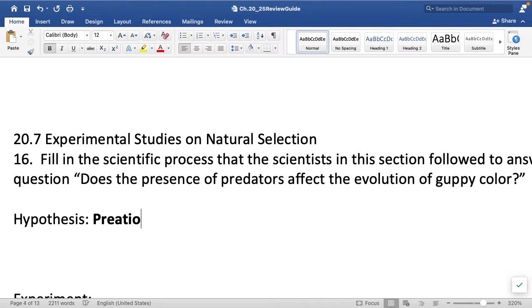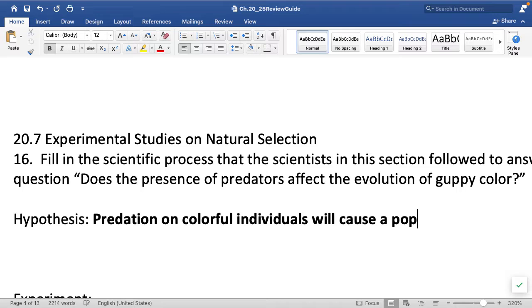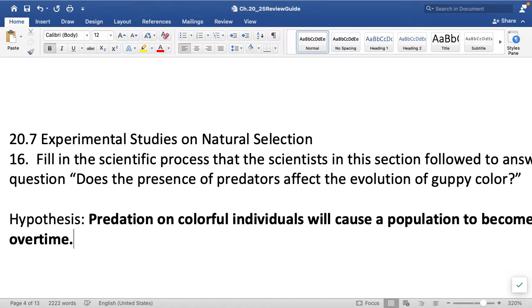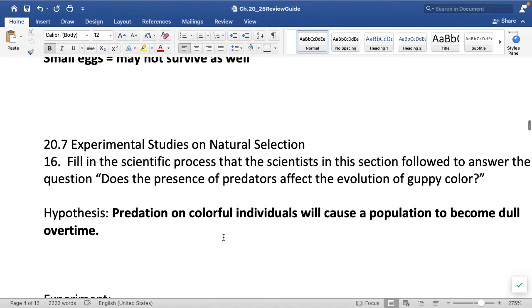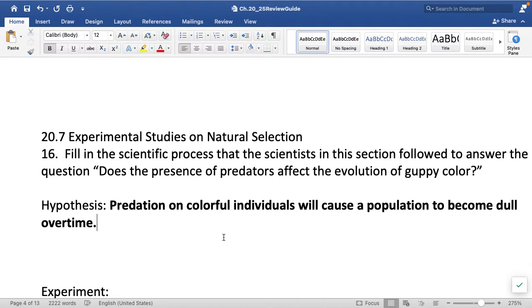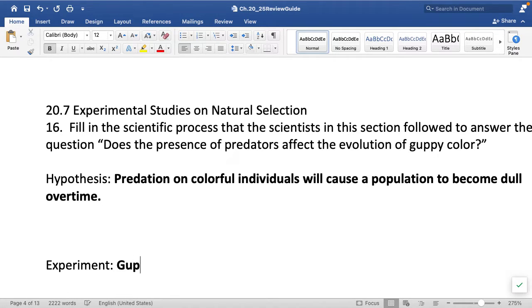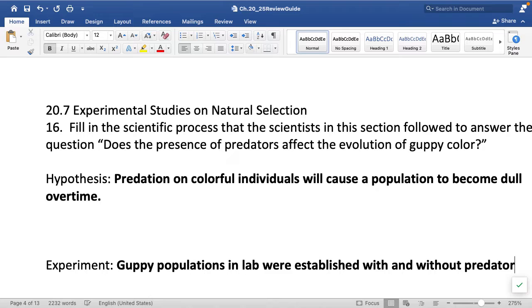So we could say predation on colorful individuals will cause a population to become dull over time. They actually took those gaudy guppies and put them in an environment where there was high predation, and 18 months later, boom, they were dull and drab in color and smaller. So for their experiment setup, guppy populations in the lab were established with and without predators. And